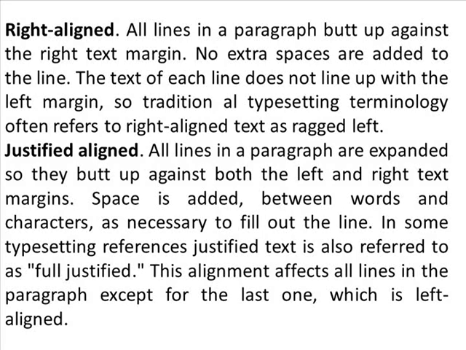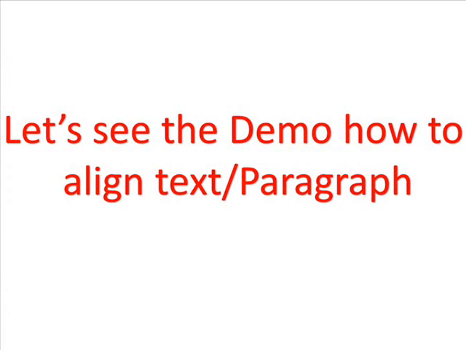Now come to the last, the fourth type of alignment, which is justify. Lining up both sides of a paragraph, left and right, is called full justification. Full justified paragraph formatting is often used in newspapers and magazines, which makes the thin columns of text easier to read. Now let's see the demo of how to use these four types of alignments, and you can also try it at your home,